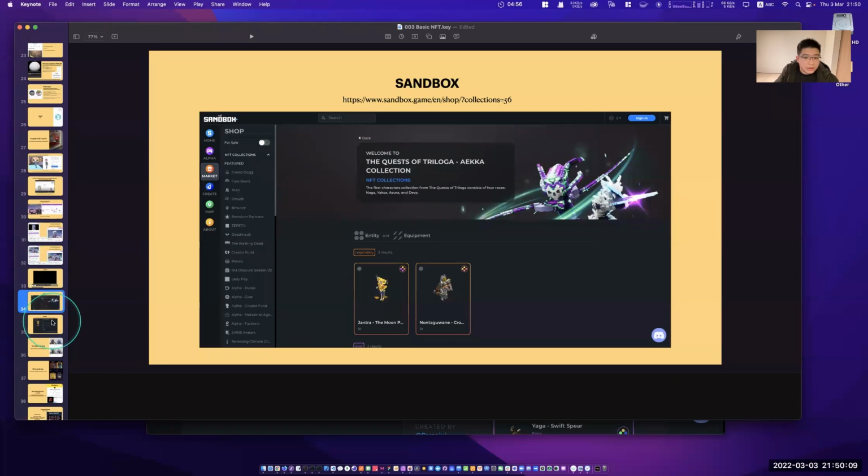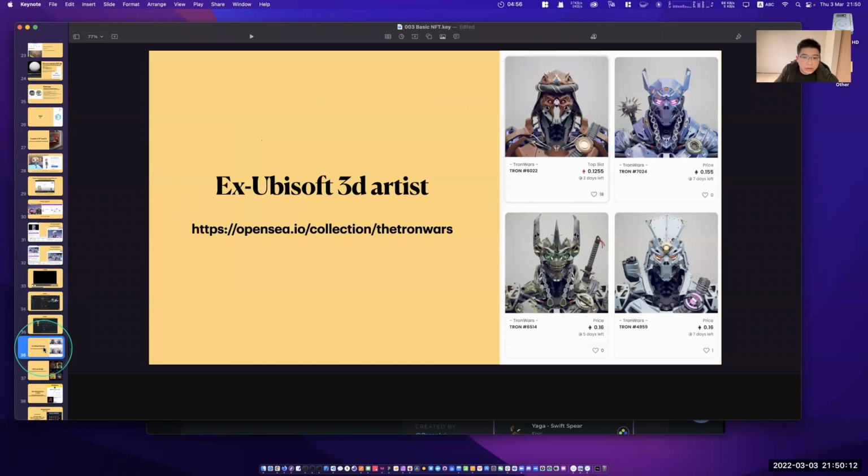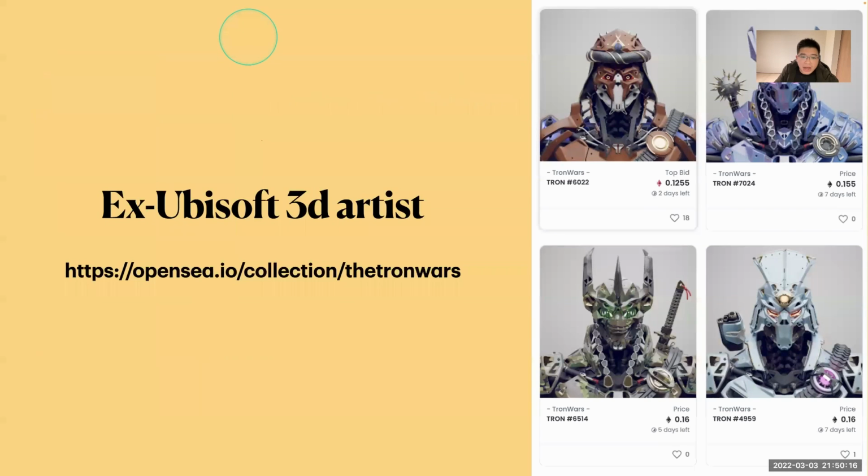Oh, this one is already open. And you can see that right now many artists from the game industry are coming to the NFT world as well. So it means we will see higher quality work in NFTs this year. Once this market is booming, I think it will attract talented people from the game communities and game development to create NFTs.